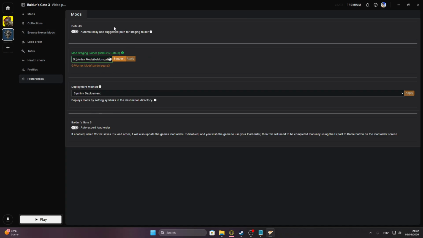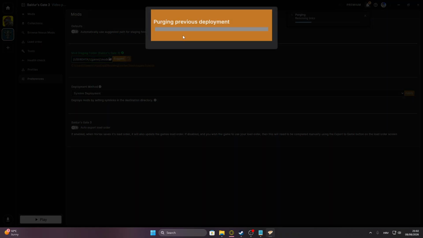And for the mod staging folder over here, the staging folder can be any folder you want. My suggestion is to install any collection you're downloading, because this entire tutorial can be applied to other collections, for example like difficulty, immersion and quality, or something similar to that. This tutorial can be somewhat applied, though Baldurans does have an entire wiki page on how to install the modpack. But yeah, for the staging folder I suggest... Oh, no, okay, I clicked suggested here, that's fine. I mean, we can apply it for now, it's completely fine. Let's just do this for now,